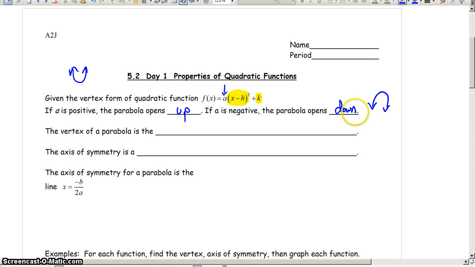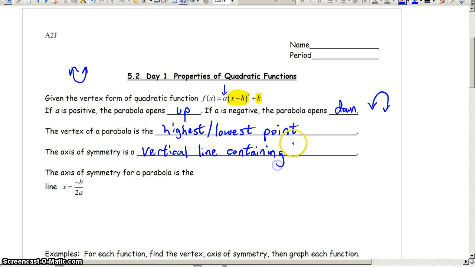more like that. The vertex of a parabola is the highest or lowest point. It's the highest or lowest point. And we actually were building our table around that vertex. We know that the axis of symmetry is a vertical line containing the vertex. It goes right down the middle of the parabola, and we get symmetry